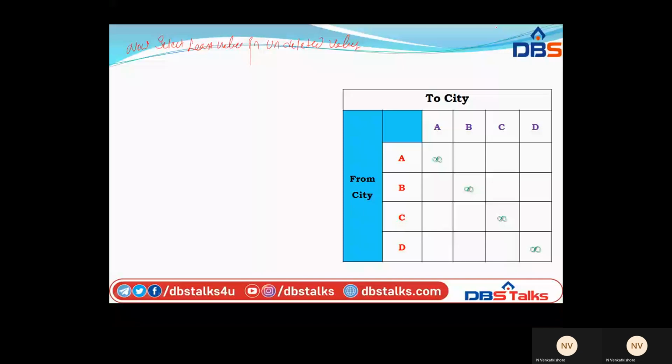After getting the least value, what does least value mean here?